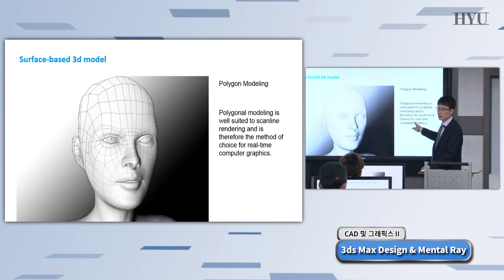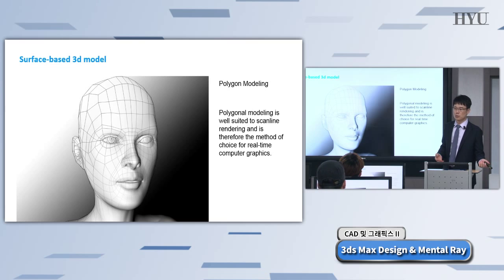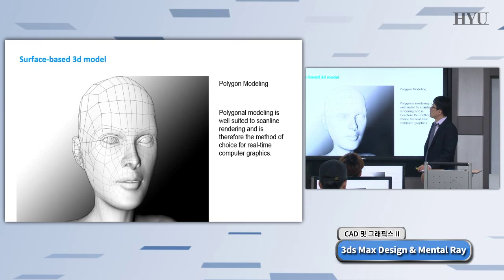What is the representative real-time computer graphics? That's games, okay? Real-time rendering is very critical for a computer game environment. If the speed is not good, your game will be very slow, laggy, okay? Anyway, this is a surface-based 3D model,